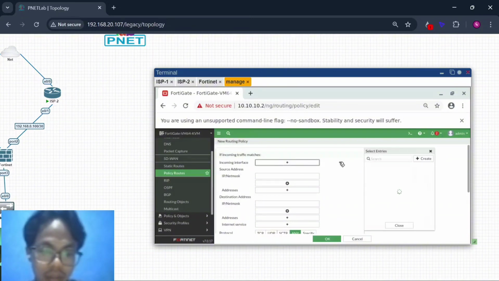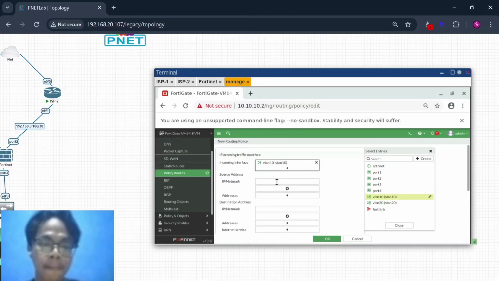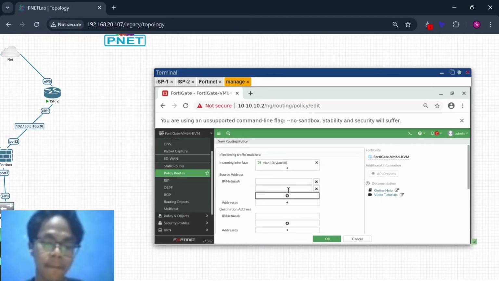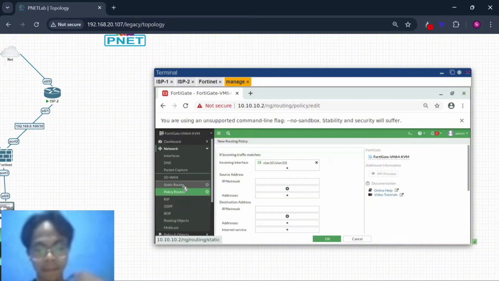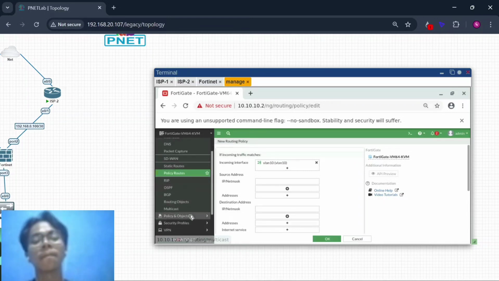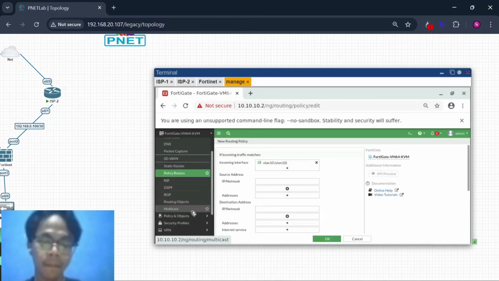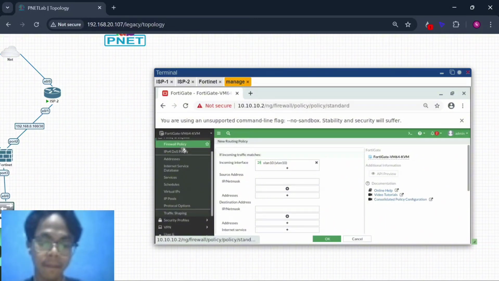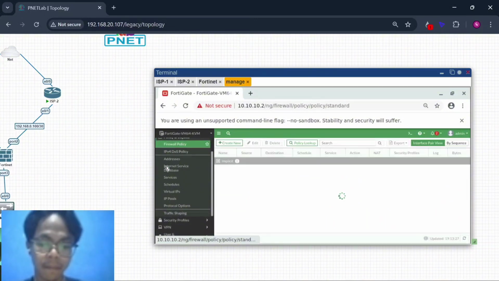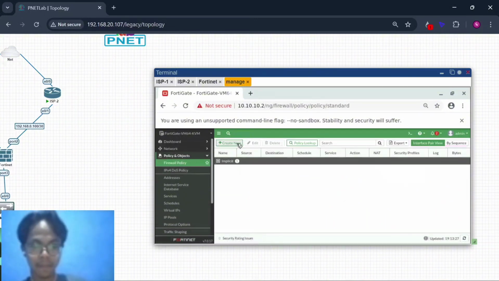So go to policy route, create new. Incoming interface is from VLAN 10 and source. No. Wait. Policy and object here, firewall policy. Okay, do firewall policy, not policy route. So create new.